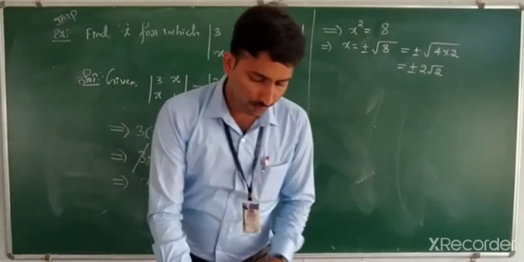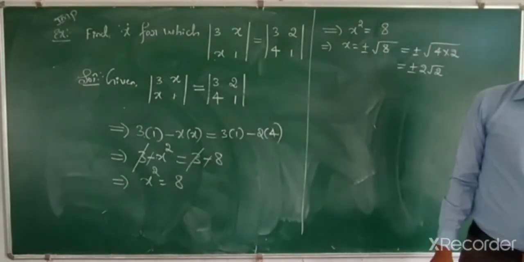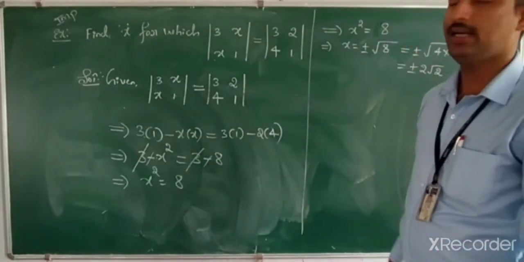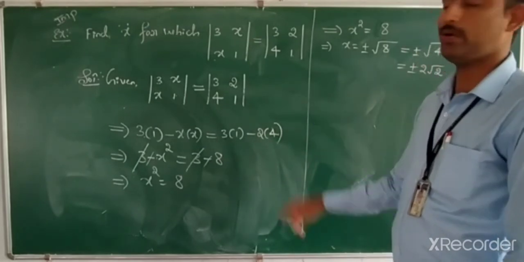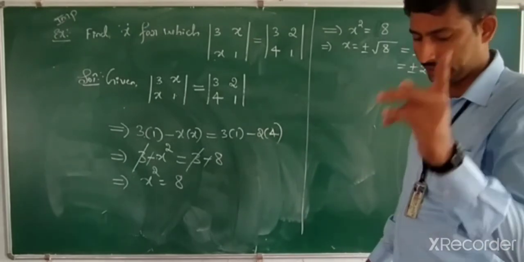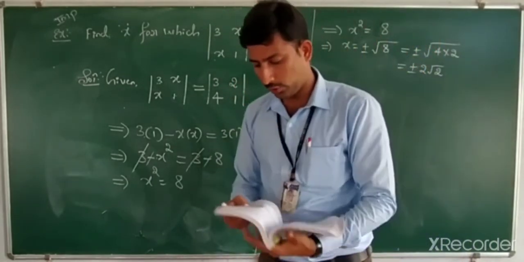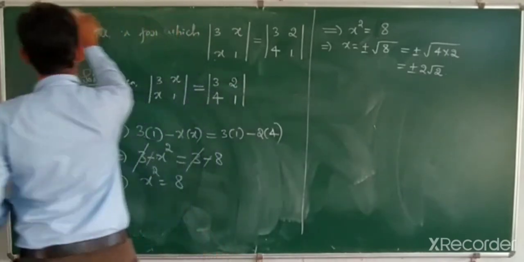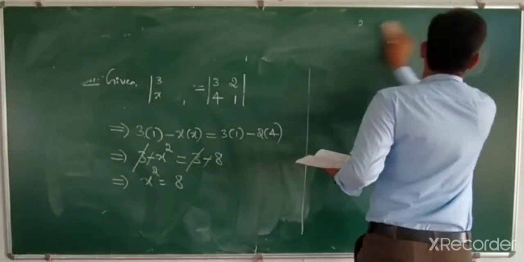These are the values we get with the help of determinant ideas. Correct? This problem is very, very important. This type of problem is important for the category of 1 mark. Then we will move towards one of the exercise problems, that is Exercise 4.1. We are going to solve it one by one. First one.